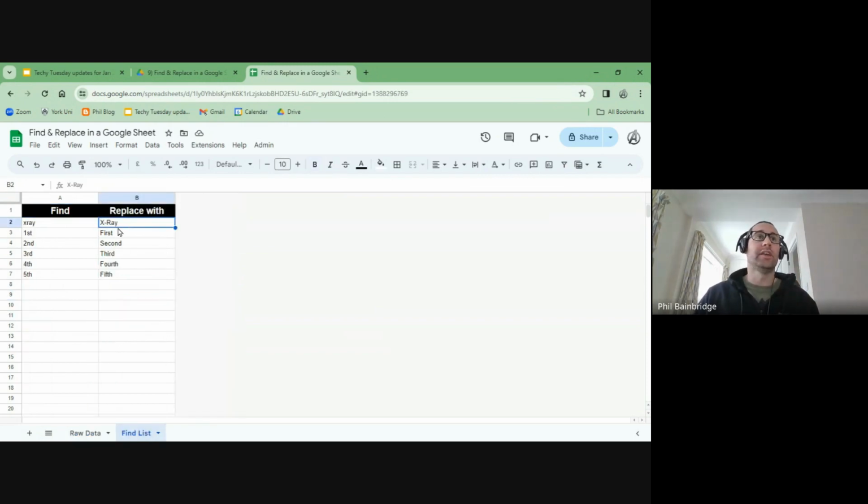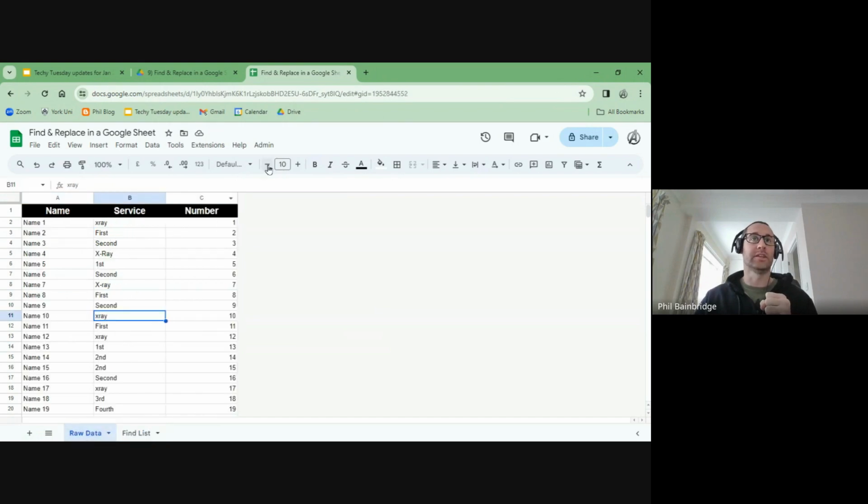What I have here is a find list where I basically say, look for any instances of X-ray, lowercase. Obviously, I've just added a few more in there, so I could say look at X-ray as well, and replace it with the version that I want. So the other one I did was that. I'm cleansing my data all in one go. I'm saying if you find any instances of these on the left, switch them out to the one on the right, basically. So I run the find and replace,